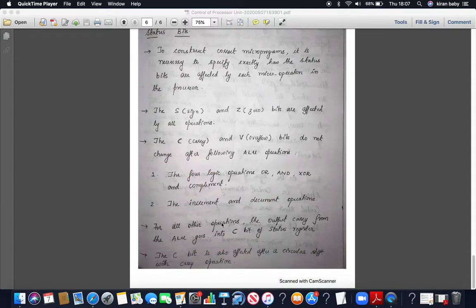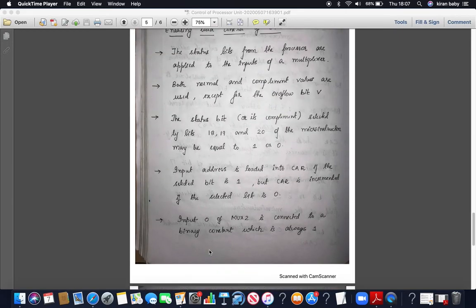For all other operations, the output carry from the ALU goes to the C bit of the status register. The C bit is also affected after a circular shift. So the C bit is affected after all other operations, even after a circular shift with carry.